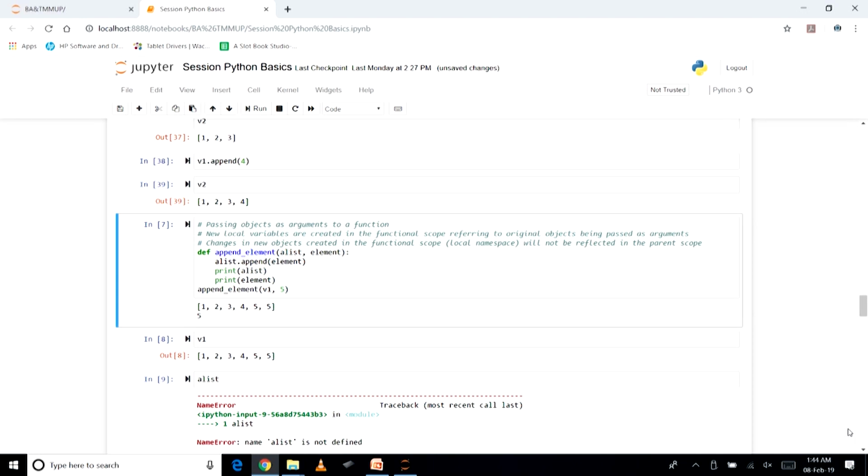Now, if we make any changes in the new objects which are created within the functional scope, or let us say the local namespace, then those changes will not be reflected in the parent scope.